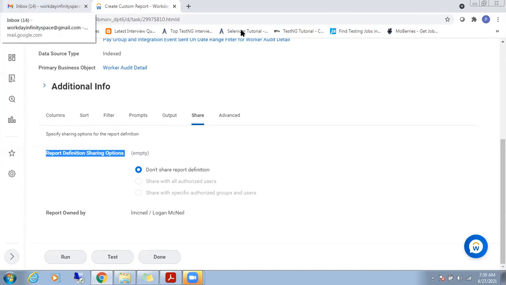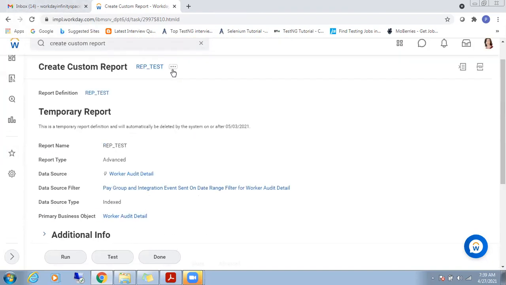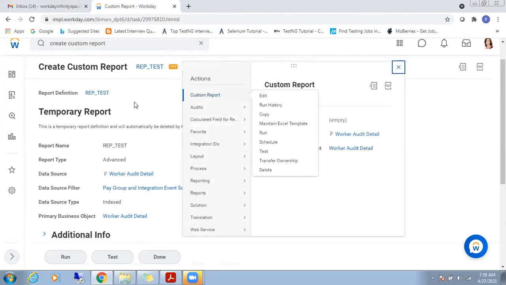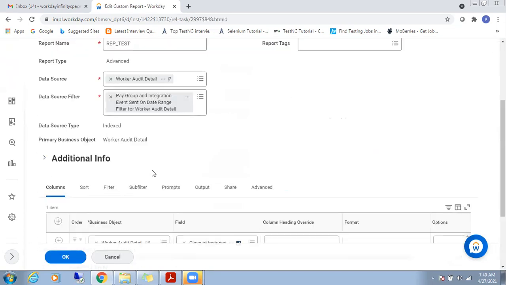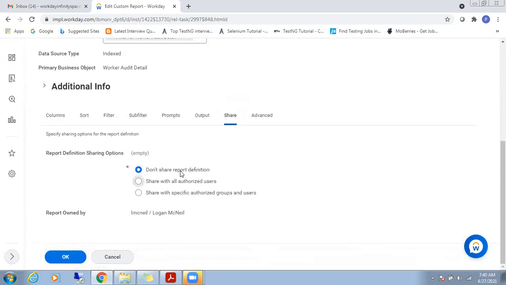Unless I share the report with you, you cannot touch the report. You cannot add this report. So let me share this report to you. Until unless I share the report to you, see, share with specific groups and authorization groups.